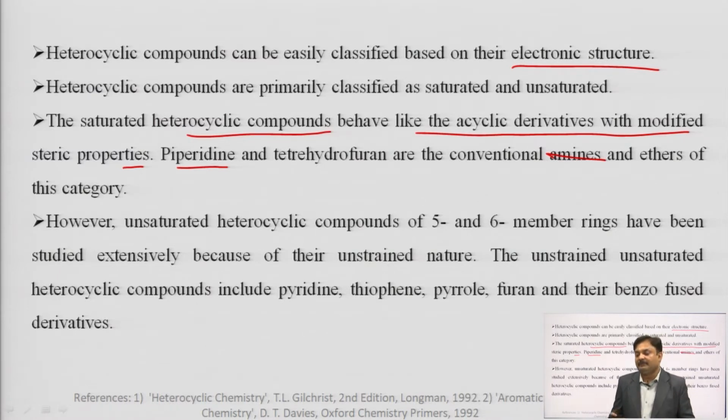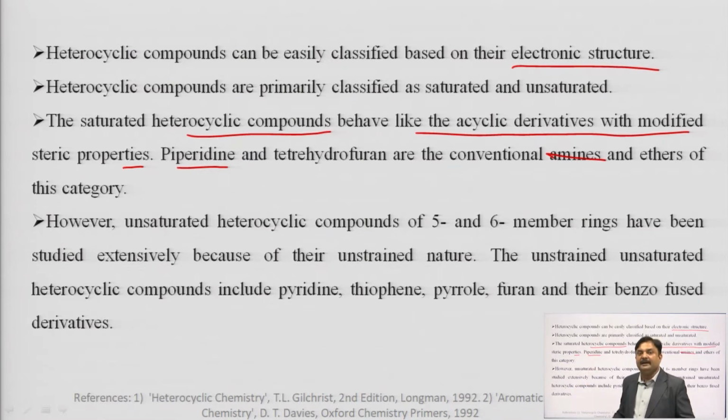When I am talking about 5 and 6 member rings, it means other classes of heterocyclic compounds may also be present. Imagine, if I am talking about cyclic compounds, they should possess at least 3 members. That is why it can form the ring. With 2 members it cannot form the ring. So, it may be 3 member, 4 member, 5 member, 6 member heterocyclic compounds,